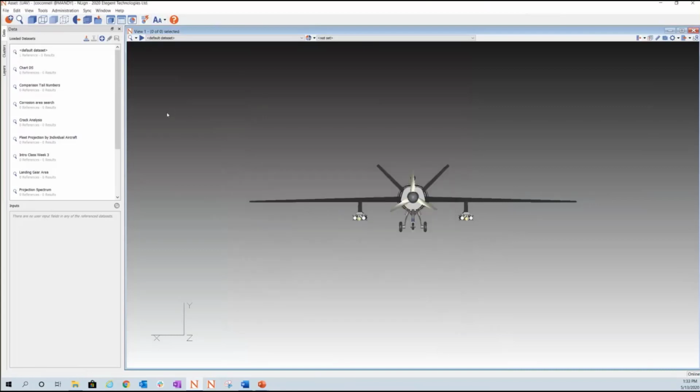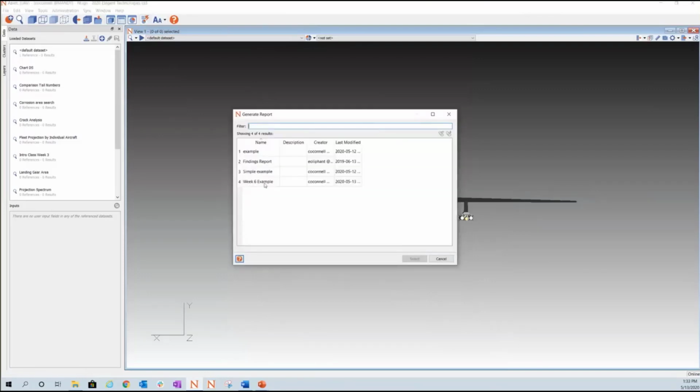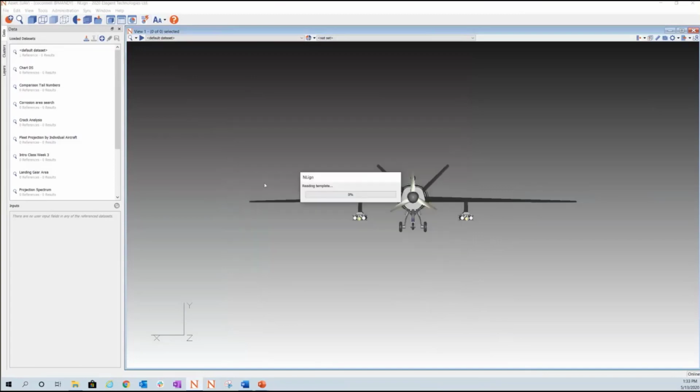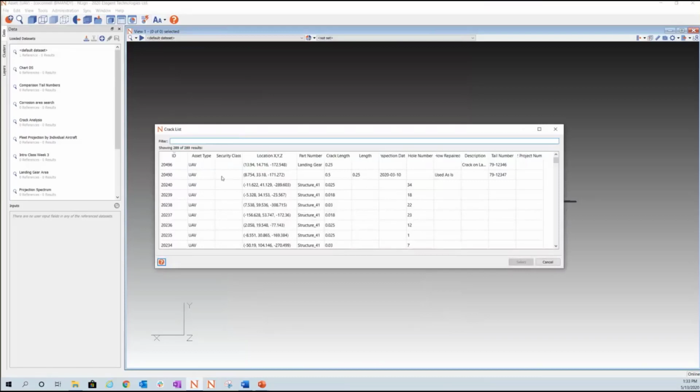And now all I have to do is run our report. So to do that, I'm going to use our report generator icon up here at the top. I'm going to double click week 6 example. It's going to read our template. It comes up with this list, our crack list, and this is in regards to that first tag that we created for the view. I said that our scope is going to be a reference trendable, so I have to indicate which trendable we're actually referring to. So I'm just going to use this top trendable here, hit select,